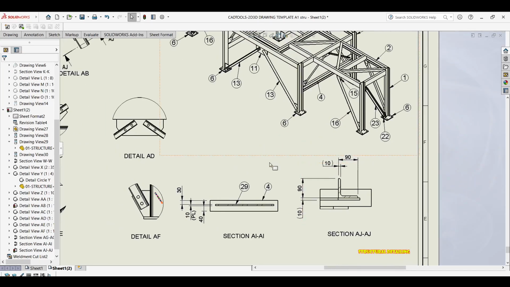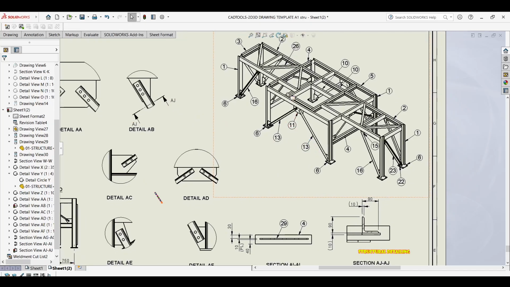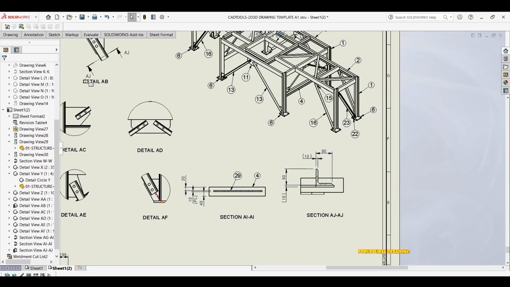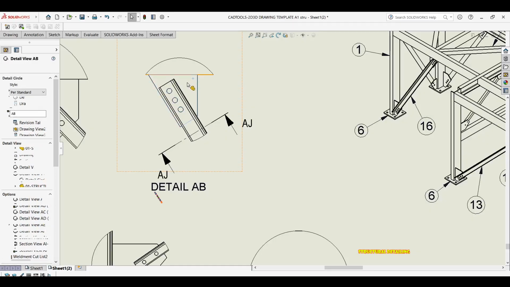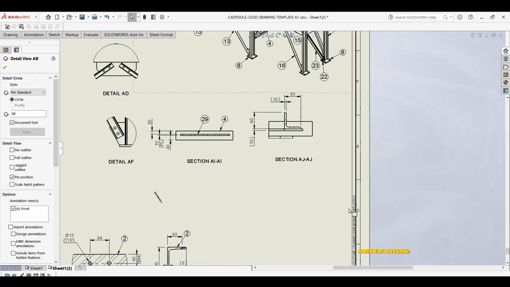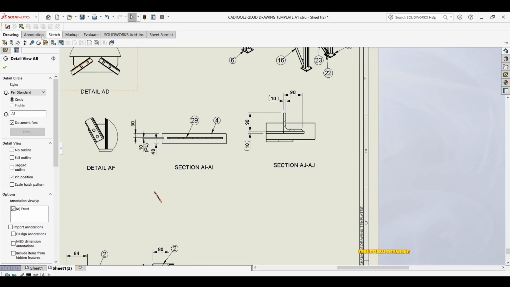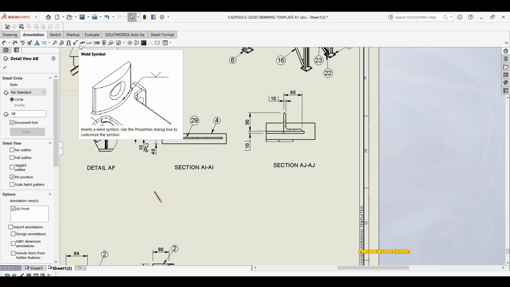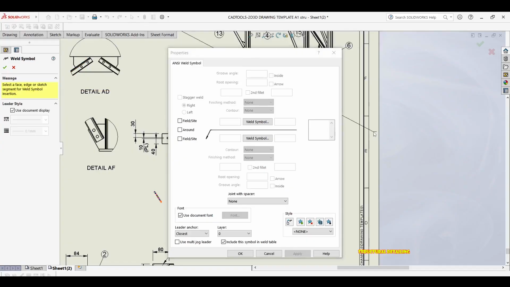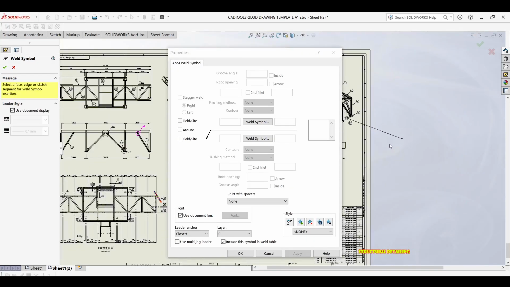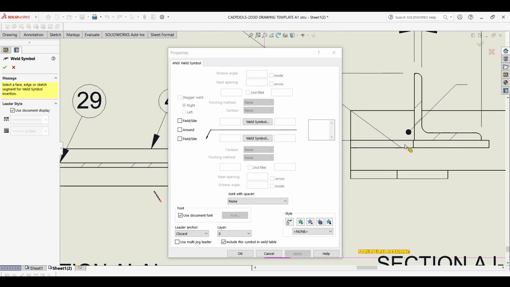So this one, I want to... Yeah, and I know this section, guys. I'm not using it to actually show the detail of this plate, but I can use it to show the weld detail, though. Okay, so I'm gonna put a weld symbol there. Let's put it there. Actually,